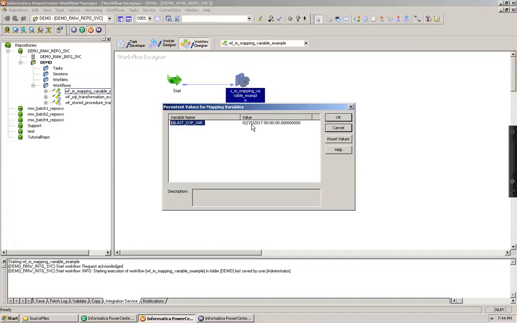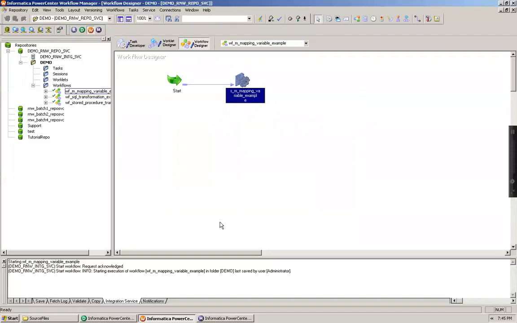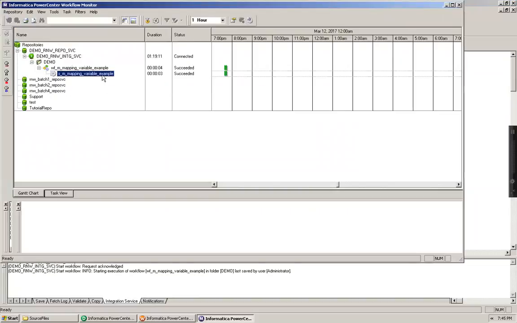If you want to reset this value back, you can go and select on this reset value, which will change the value back to the normal initial value. So right now, if I clicked on this, it has taken me back. So now if I want to execute it again, it will get all the records, including the 3000 book ID, that also will get pushed. So if I re-execute this,